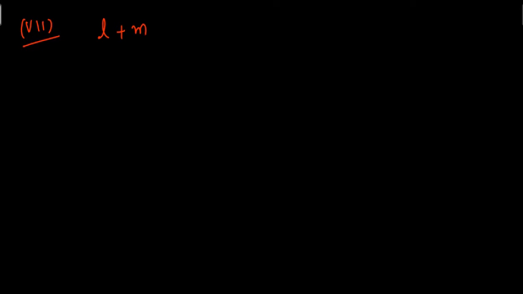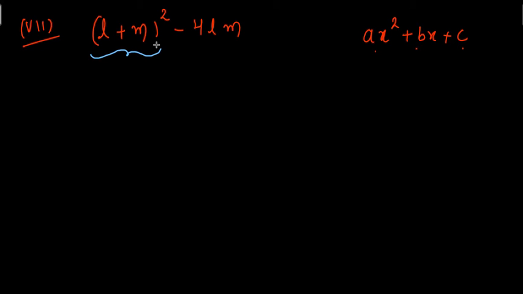Now we have a little different question here, (l plus m) whole square minus 4lm. Now you see, we have (l plus m) whole square minus 4lm in here, and which is of course not in the form of a quadratic equation, where the power of the variables are decreasing and a, b and c are constants. But if you notice the question very carefully, I cannot factorize it by the methods which we have learned so far. So I will try to convert my question in certain form. So here it is in the form of (a plus b) whole square, right? So what I will do, using